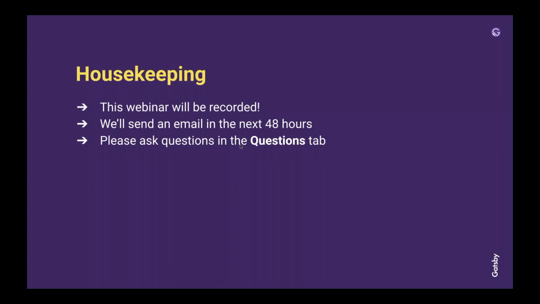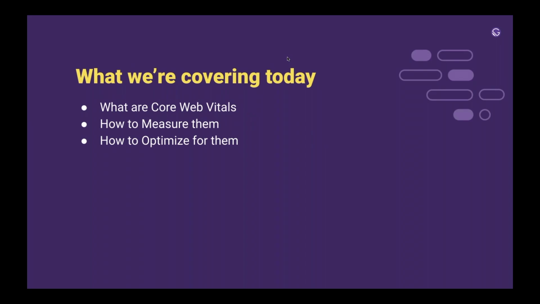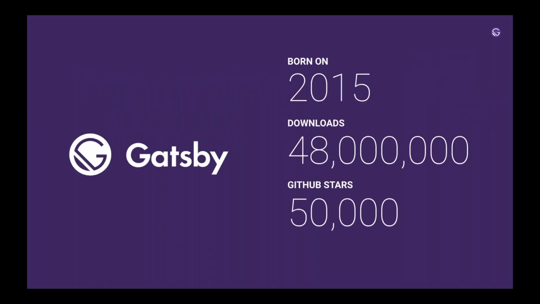All right, so what we're covering today: Core Web Vitals, how to measure them, and then how to optimize. And today we have Gatsby and Yoast. Gatsby is the performance side of things, and Yoast is the SEO side of things. This is where Google Core Web Vitals are combining, where both sides of the equation are coming together, and they're really impacting what we're getting from organic results from Google.